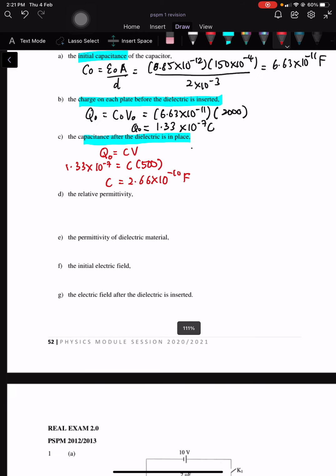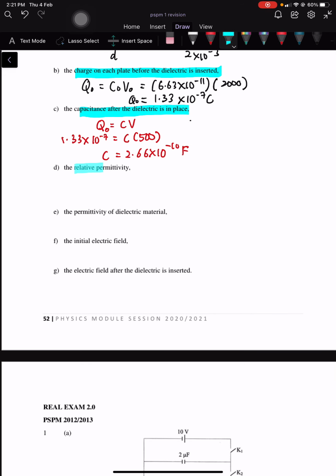So next is relative permittivity. So relative permittivity is epsilon R. Okay, epsilon R is equal to C over C naught. So C yang baru is 2.66 times 10 to the power of negative 10, divided by the capacitor yang lama, so 6.63 times 10 to the power of negative 11. So we get 4.01, with no unit lah sebab relative permittivity adalah dimensionless